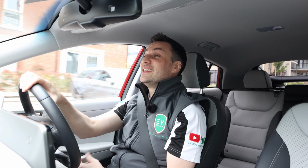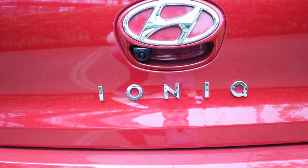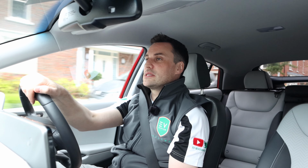Out on the road with the Hyundai IONIQ. You never say it, I keep on thinking iconic. The Hyundai IONIQ. And as we start off on our little journey around the streets and highways and byways around